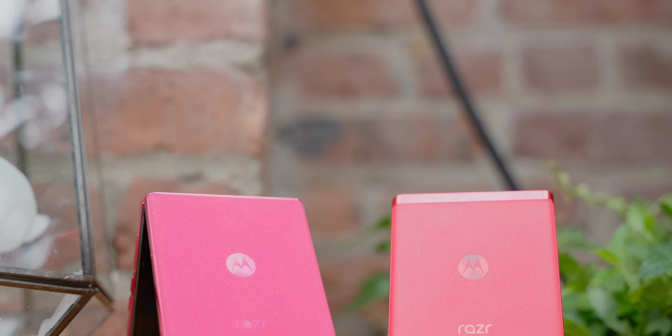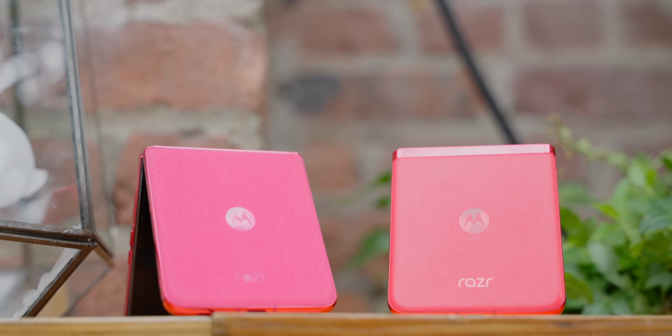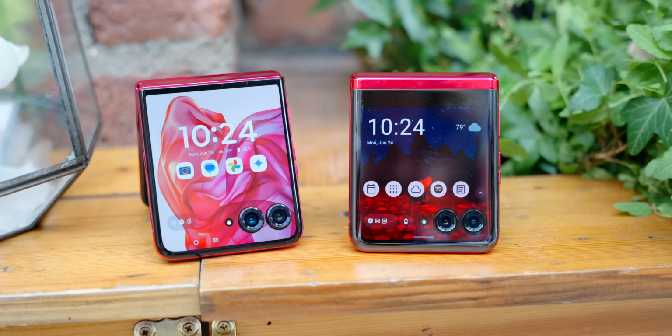And, almost as important as those two displays is the updated hinge that ties them together. Quite frankly, the hinge was one of the worst parts of the previous Razr Plus, as it never felt quite sturdy enough or positionable enough as the Samsung Galaxy Z Flip did. Now, Motorola boasts that its hinge is 30% slimmer than the previous generation and has been designed for better dust